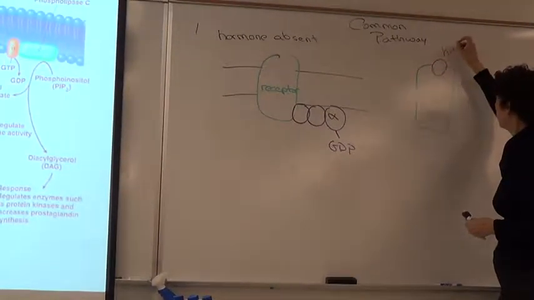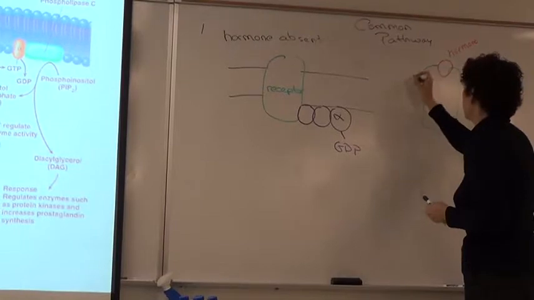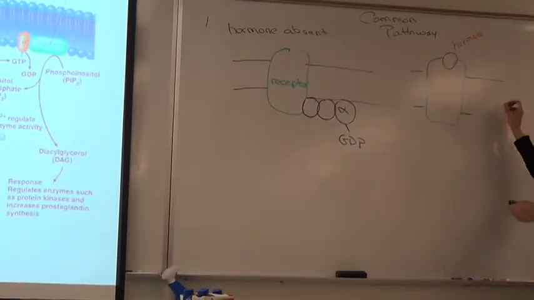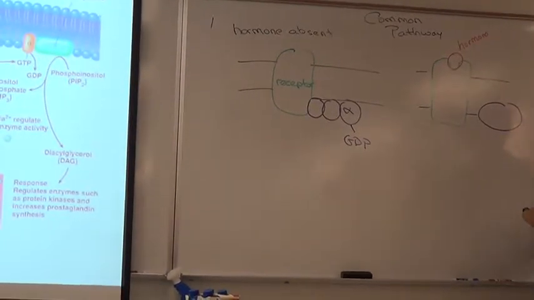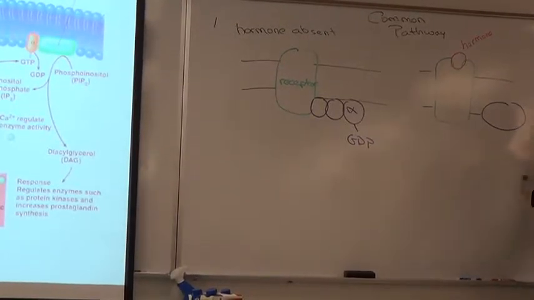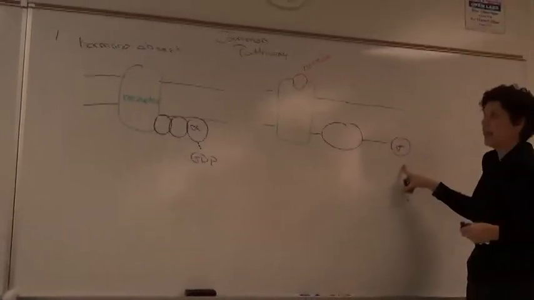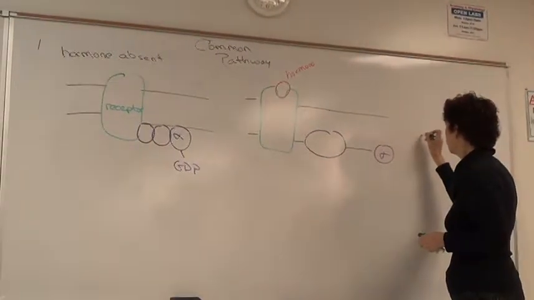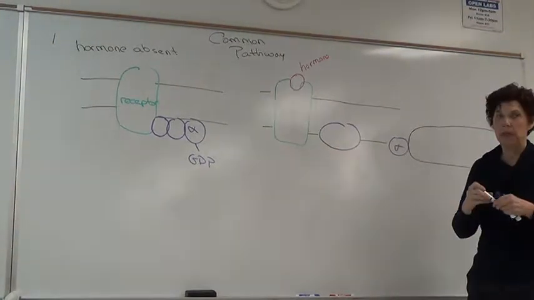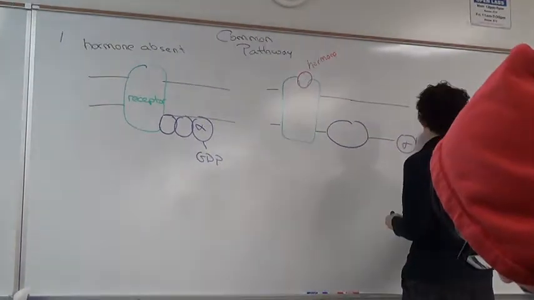And binds to the receptor. The G protein is released and the alpha subunit is activated. I'm going to leave the alpha protein in the plasma membrane, but remember that technically it doesn't have to be there. And it's going to use GTP to activate, but now it's going to bind to a plasma membrane enzyme. I don't want that quite that big because I need another molecule in there. It's going to bind to an enzyme